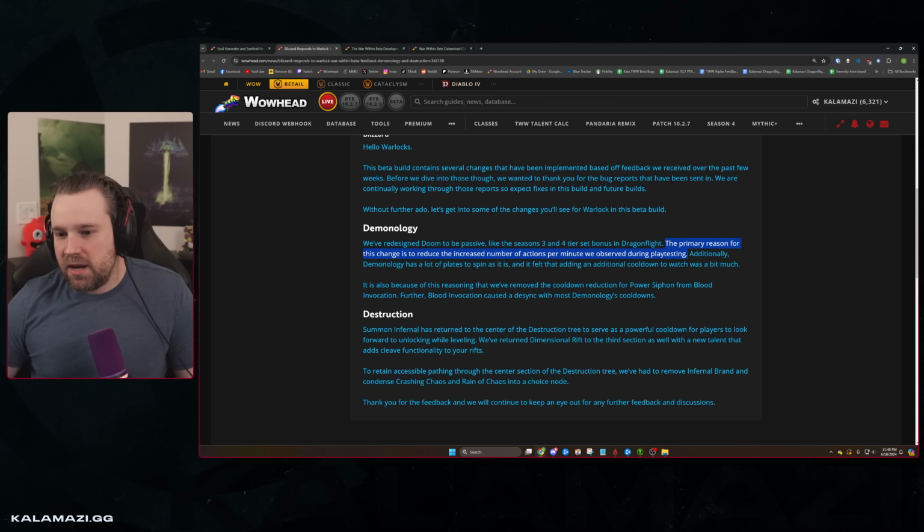Playstyle, which is what they're citing here. Basically, what you have with Doom is a passive now. They've changed some talents around it too. We'll look at that in a minute. It is basically our tier bonus from S4 that we have on retail currently, so you can have multiple Dooms active. It is buggy currently on beta, so you can't really have them all active at the same time guaranteed, but